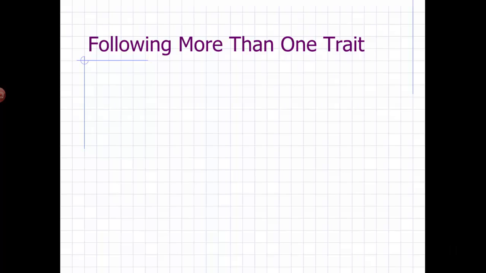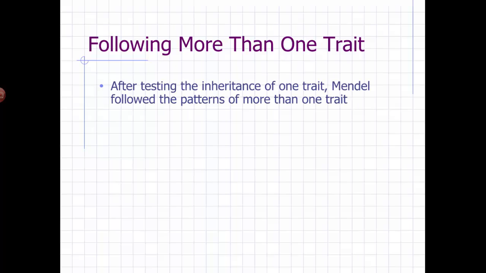Okay, so you know how to trace what happens with one trait as it goes from generation to generation using a Punnett square. What happens if you want to follow more than one trait simultaneously? Mendel did this. So after he tested the inheritance of one trait, he wanted to see if traits influenced each